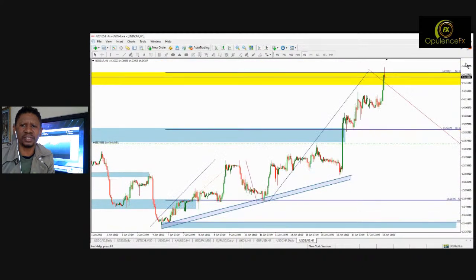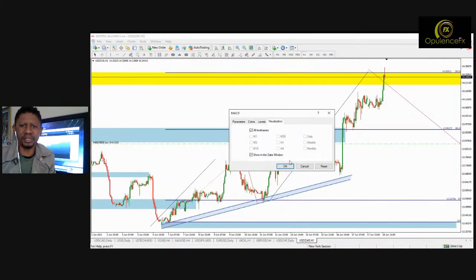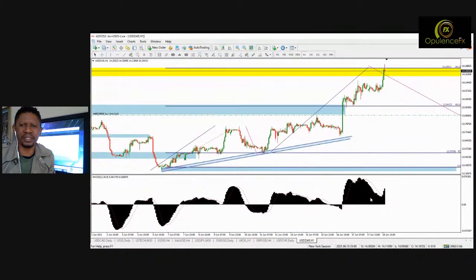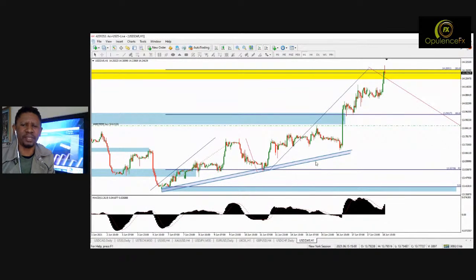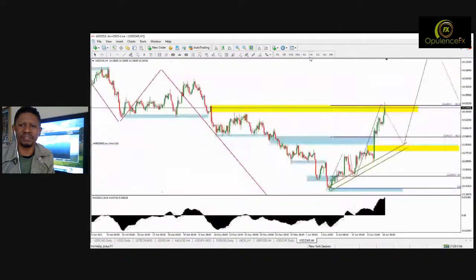You can see that if I bring in the MACD, then those who are not here will just see that we've already done with the MACD. There is the MACD. The MACD is showing a big bearish divergence there, not a small one, a massive bearish divergence. Of course, the MACD trigger line is still above the histograms there. So for some of the guys, that would be a concern. The momentum is still positive for now.